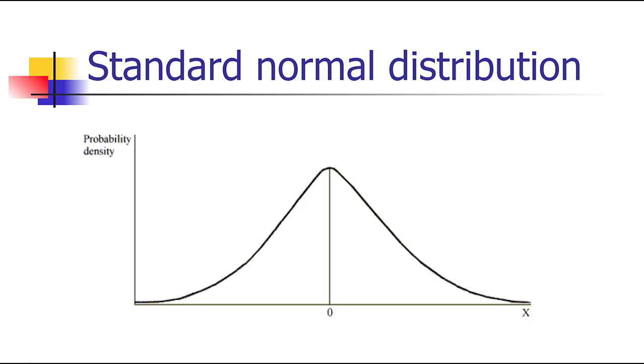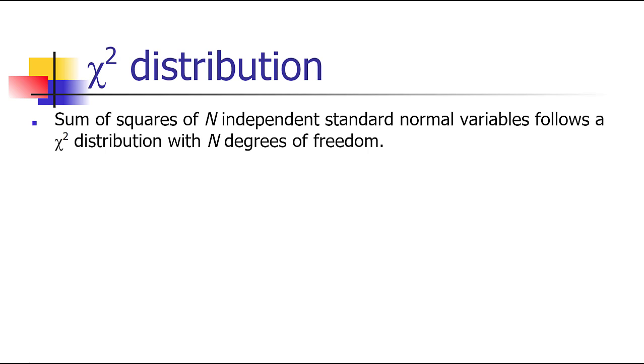Another distribution we'll be working with a lot is the chi-squared distribution. The chi-squared distribution occurs when we take the sum of squares of n independent standard normal variables, and we end up with a chi-squared distribution with n degrees of freedom. In other words, if we have any number of independent normal variables and we square them and add them together, we end up with a chi-squared distribution with degrees of freedom equal to the number of terms in that summation. We use that a lot when we're dealing with measures of the variance,